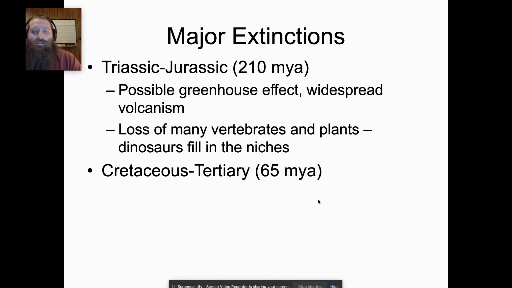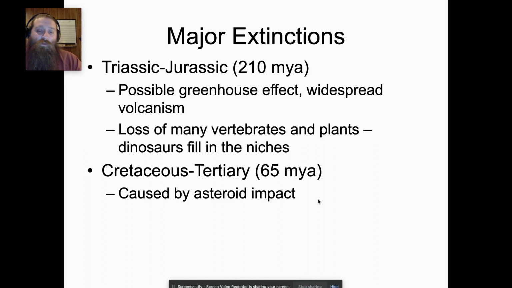This is often called the KT extinction. It's the one you're probably the most familiar with. It happened 65 million years ago, and it led to the extinction of the dinosaurs. It was caused by an asteroid impact. That's the leading hypothesis. About 75% of the species that were at the time in